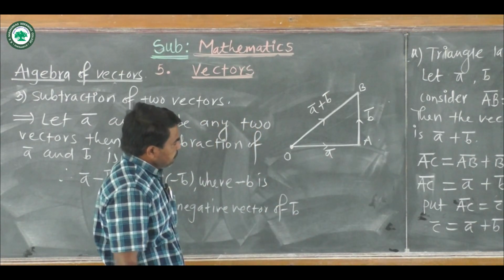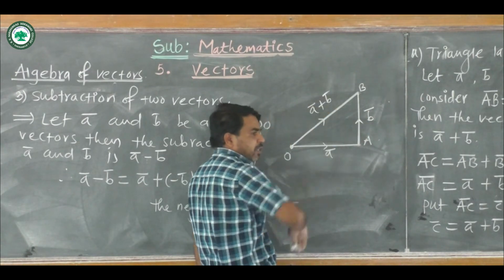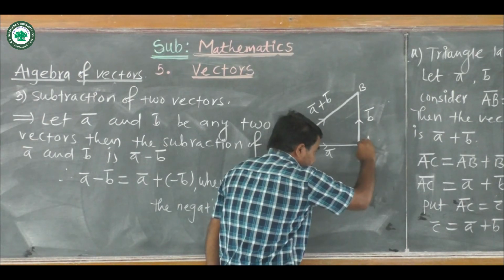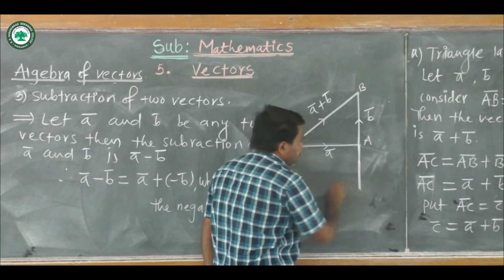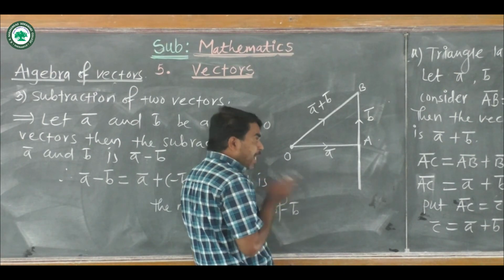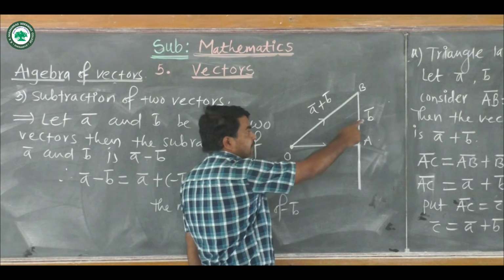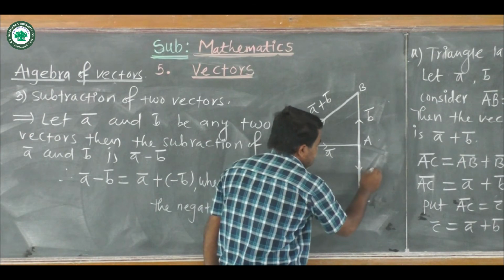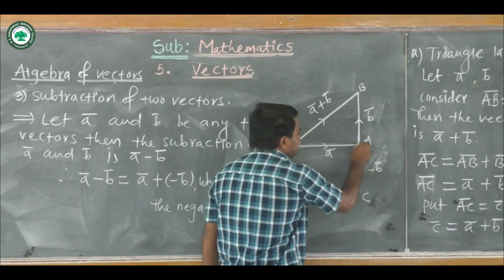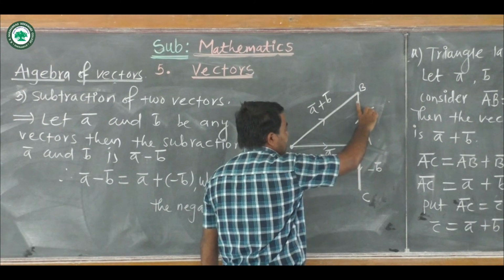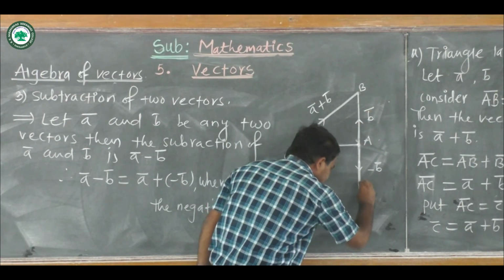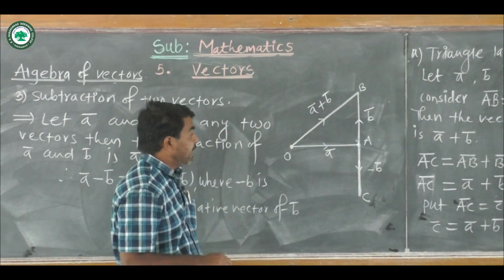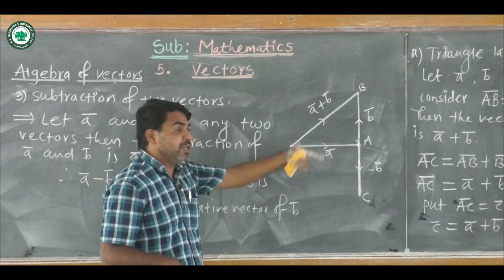Now AB bar is going in the upward direction. If I draw the vector which is in the direction opposite to B bar but having equal magnitude to that of B bar, then this is AC bar, and so this is minus of B bar. See here, this distance AB bar and this distance AC bar are equal, so the magnitudes of both vectors are equal but they are in opposite directions, so AC bar is minus of B bar.